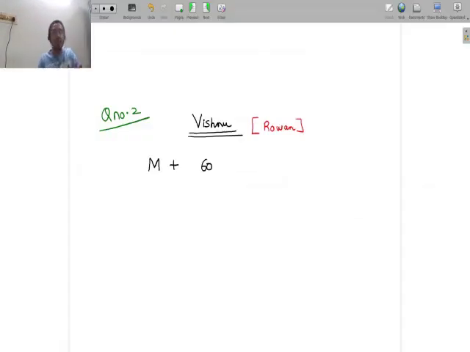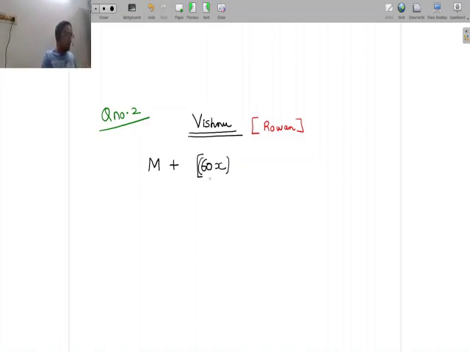We are supposed to find out what is the normal rate of wages. In the absence of information, I'll assume that to be a variable. I'll say for every hour of work, Vishnu is paid X. And when I come to Shiva, I'm going to assume the same X only because they are paid the same rate per hour. So M plus 60X. Now, let's keep M aside, it's material cost. Now let's look at Rowan's plan here. 60X is the time taken into time rate.